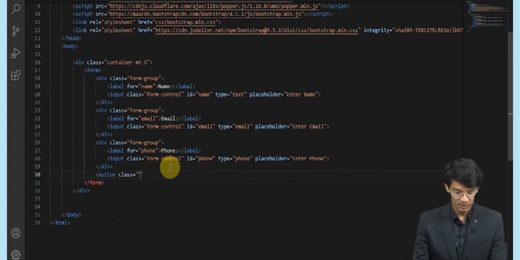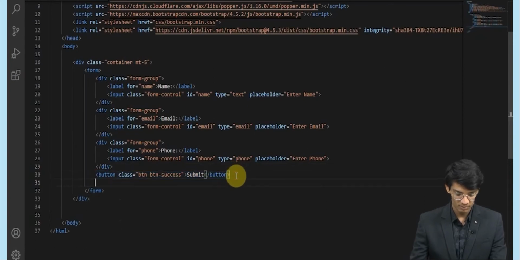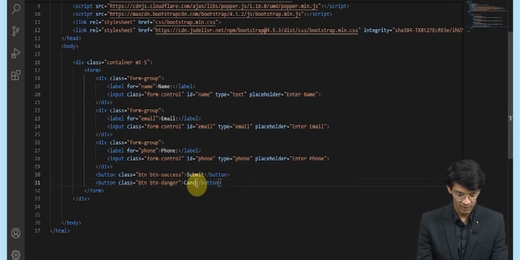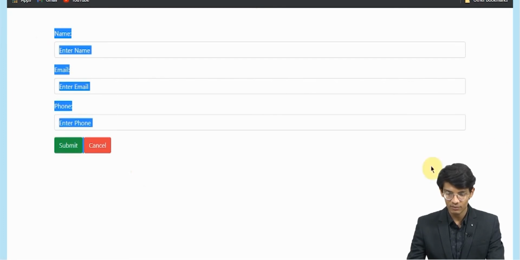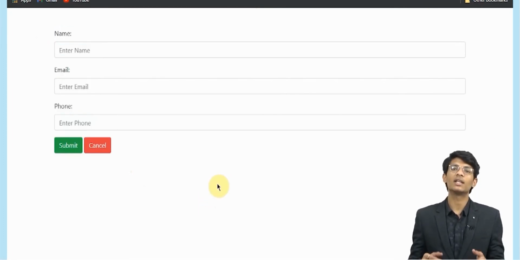Now we will try to add a button inside that particular form. Button class would be button success, and we will write submit, and we can add one more button as danger for the cancel button. So what we got? We got a form. This entire structure with all the buttons and all the inputs